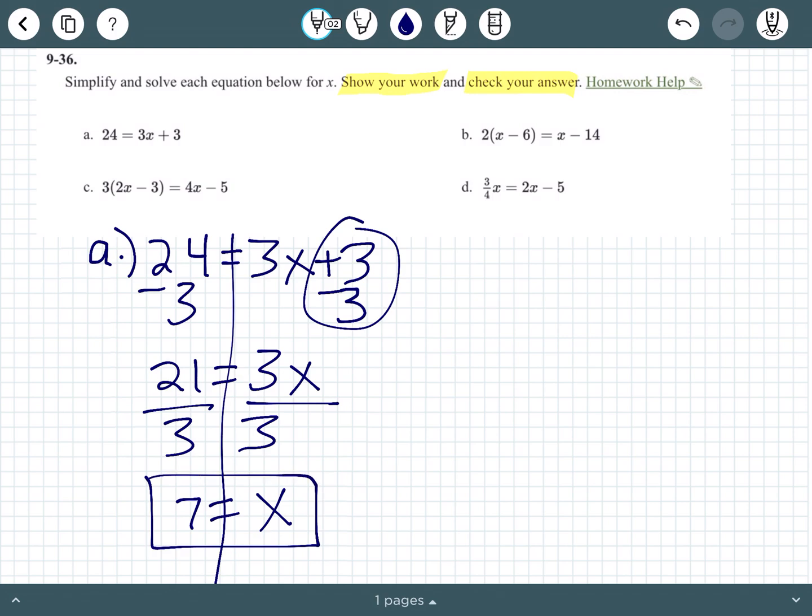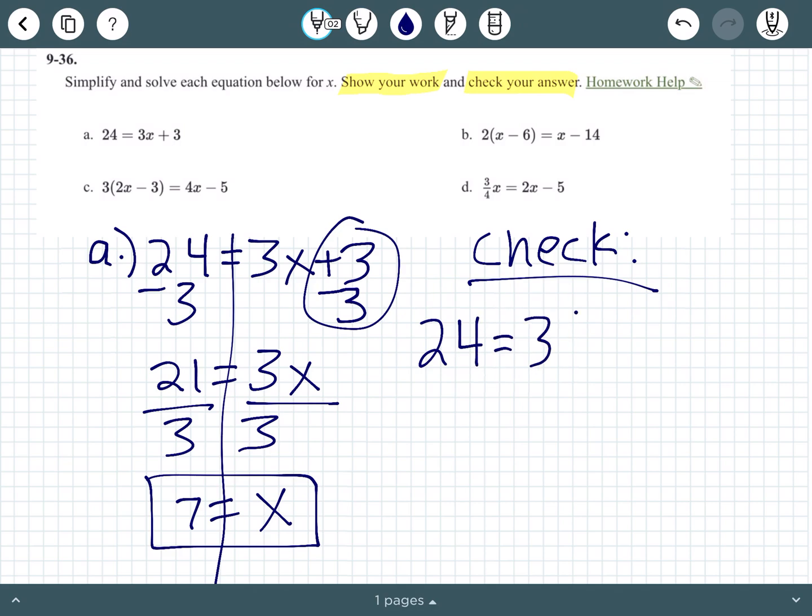Alright, now I'm done, right? Time to move on to B. No, wrong. Actually, we need to do our check. Alright, and for our check, we want to remember that those parentheses are extremely important. So we're going to do 24 equals 3, parenthesis 7, and parenthesis plus 3,